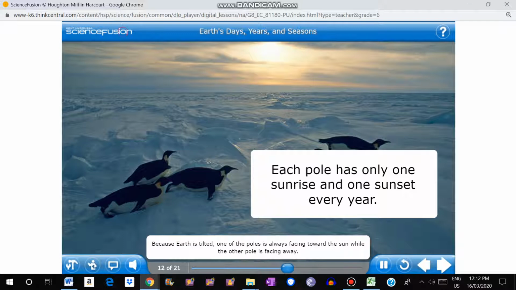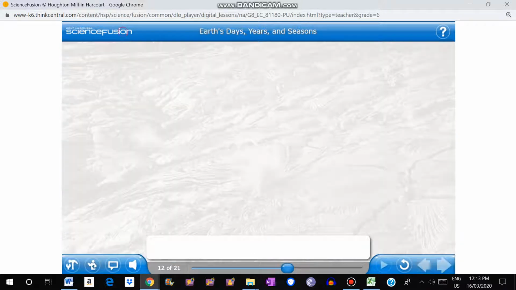Because Earth is tilted, one of the poles is always facing toward the Sun, while the other pole is facing away. During the year, the position of Earth's tilt changes as Earth revolves around the Sun. When the pole that was in the dark